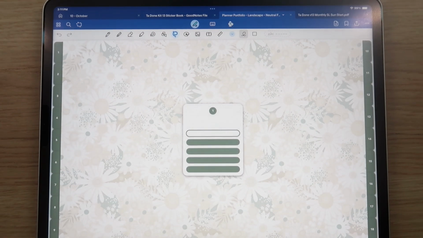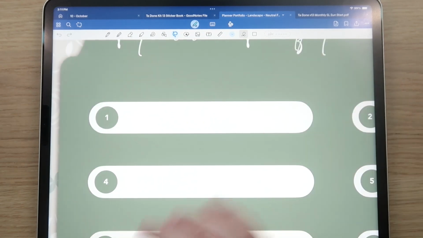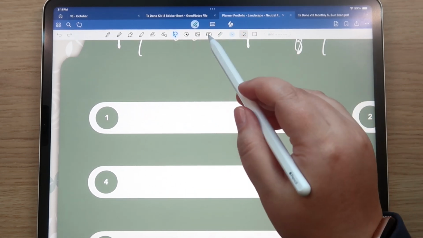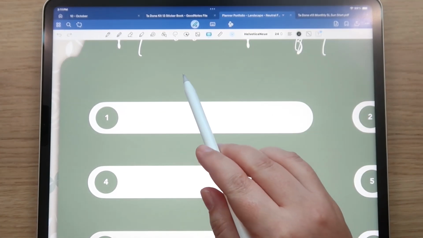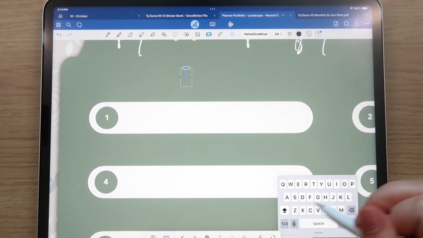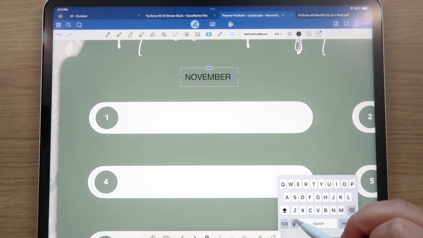Did you guys see that? That's new for sure, but it poses a little bit of a challenge for me with text boxes, because I use my fingers for text boxes. I find that easier to use than the pencil. So I just need to keep that in mind. I'm going to want to tap outside of that area, and then I'm going to label this November, and we're going to do